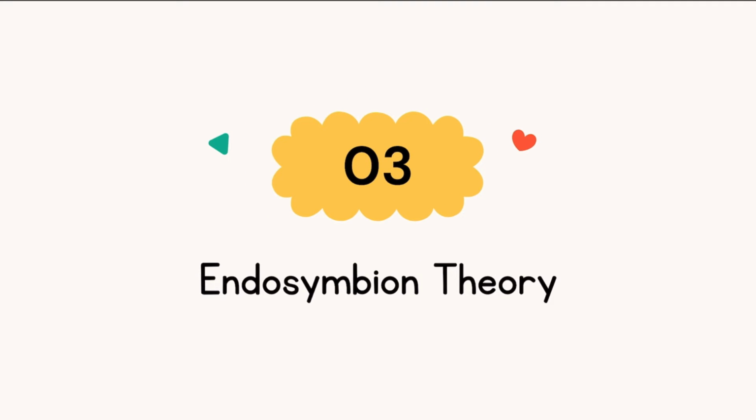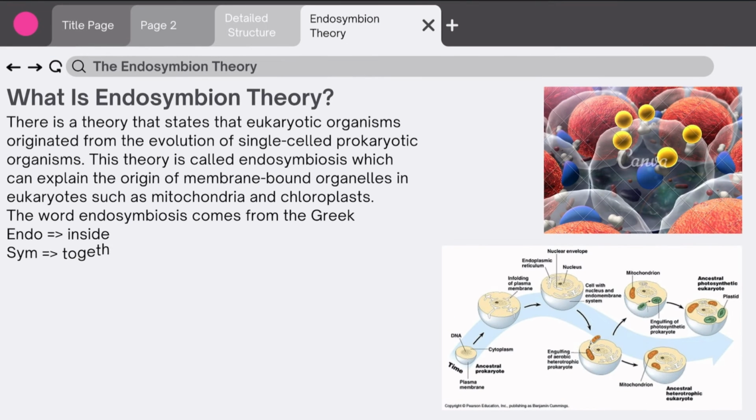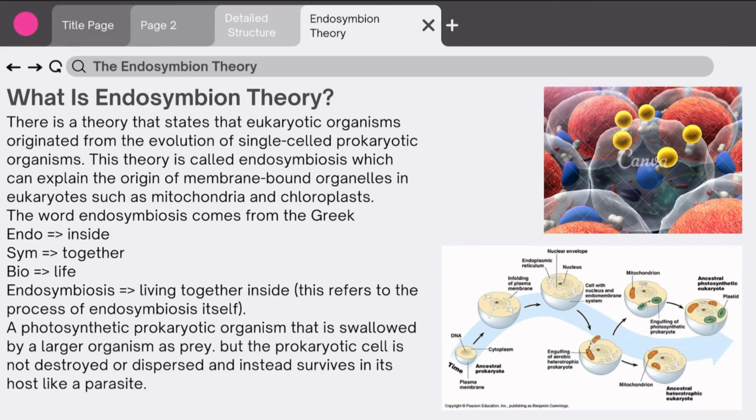The third is endosymbiont theory. What is endosymbiont theory? There is a theory that states that eukaryotic organisms originated from the evolution of single-celled prokaryotic organisms. This theory is called endosymbiosis, which can explain the origin of membrane-bound organelles in eukaryotes such as mitochondria and